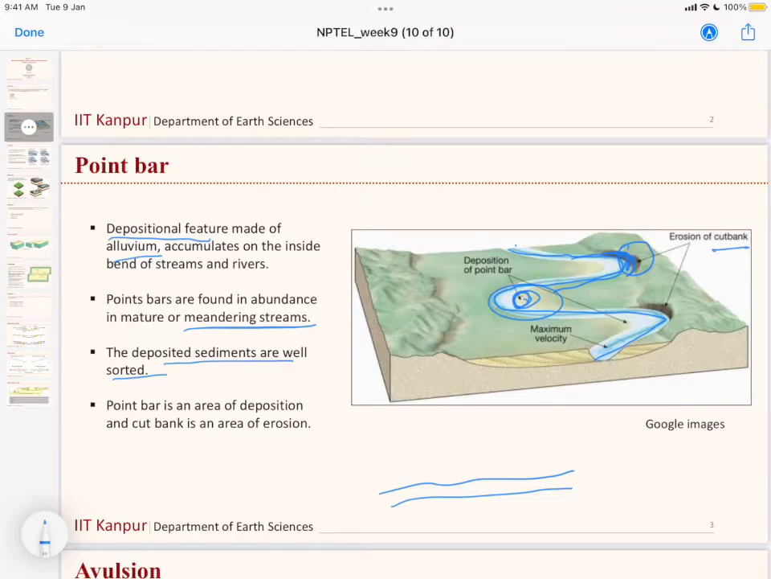If we would like to conclude, the point bar is an area of deposition and the cut bank is the area of erosion, which is quite evident from this figure: the area outside the stream is eroding, and the area inside the stream is depositional. So we have understood what the point bar is. From this discussion we can see that no change in path or deflection of the stream is happening, so definitely the point bar is not the correct answer for the above question. Now let's move to the